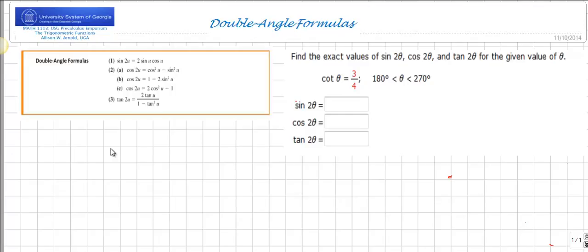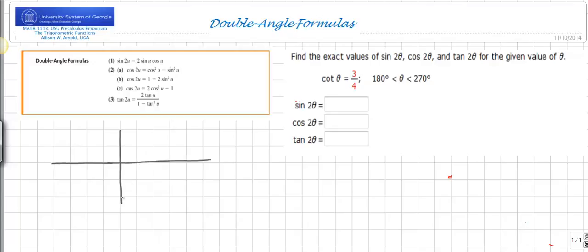Okay, one more example where we need to be careful how to place the angle in standard position and calculate the sine and cosine and tangent values of twice theta if you're given that cotangent of theta is 3/4 and theta is between 180 degrees and 270 degrees. Now from 180 to 270 is quadrant 3,